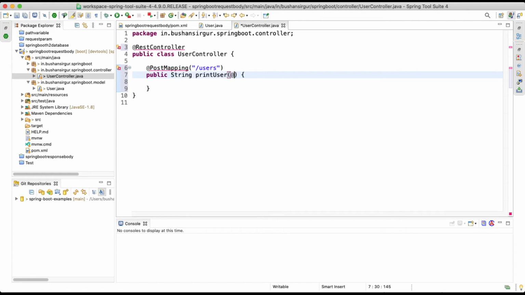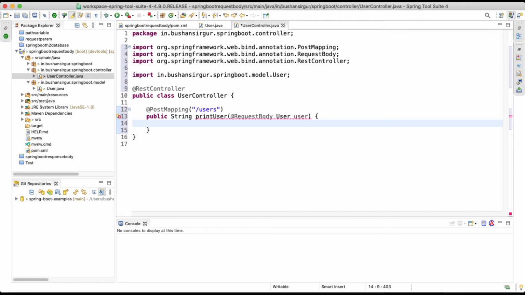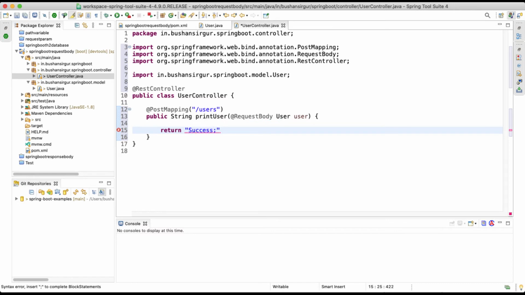Inside the method parameter, we're going to make use of the @RequestBody annotation, and we will specify the model class or domain class, which is User. Let's quickly import the User from the model package, and we have imported the PostMapping as well. Inside this, first of all, I'm going to return a string, let's say success.